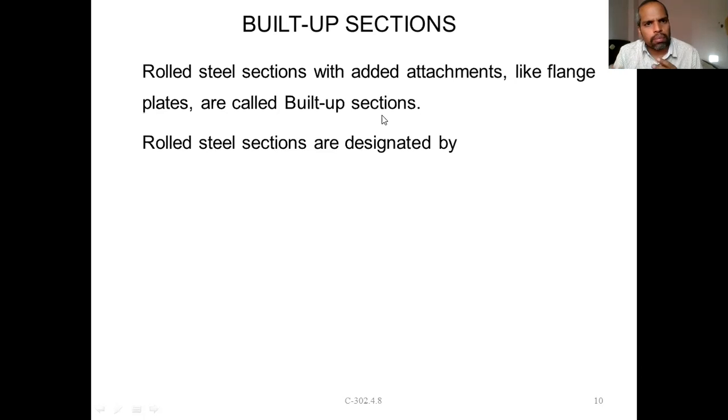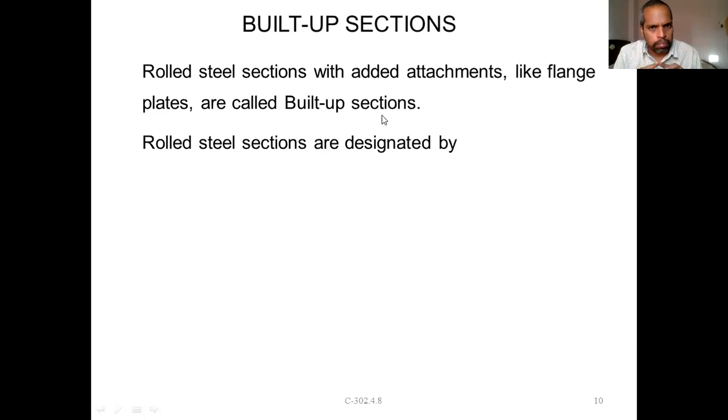Okay, so for example, the most common case is that an I section or two channel sections are combined with plates. That is one of the beams you are using, and it is a very standard, common case. Also, two angle sections or four angle sections can be made into a box type. That is also one of the common types.